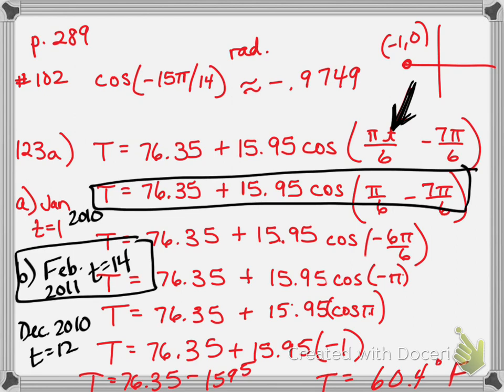May 2010, that would be t equals 5. June 2011, what's that? That's 4 more months past February. I think that would be t equals 18. All right. Last one we'll look at is